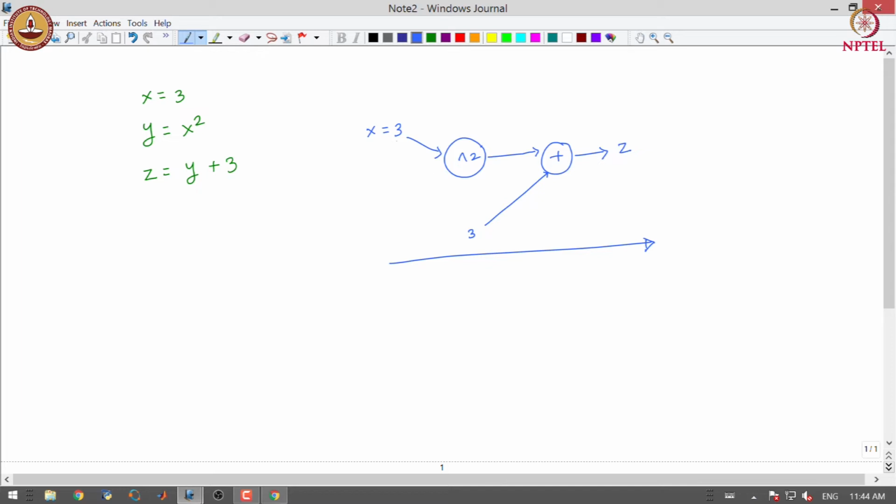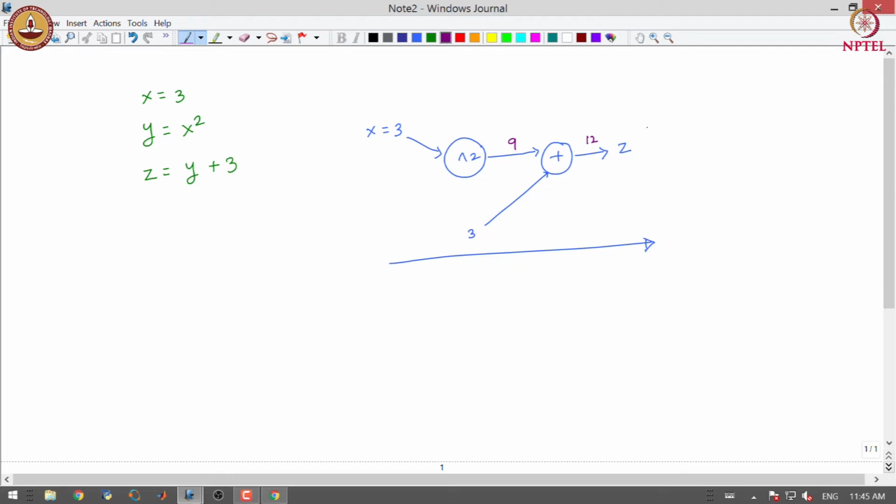Concretely, we set x to 3, we raise the value of x to the power 2, and we get the output 9. We add this 9 and 3 to get 12 at z.